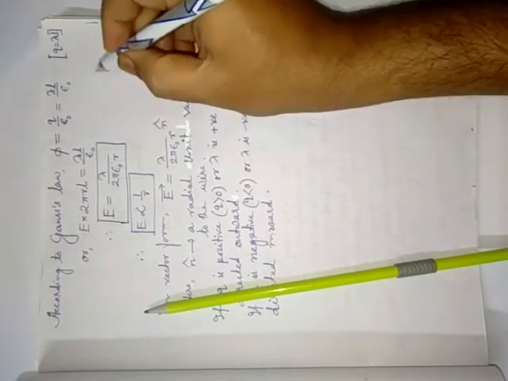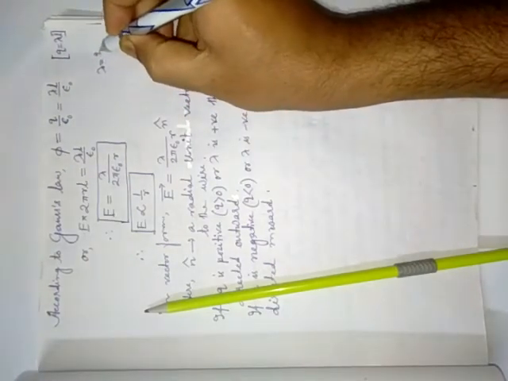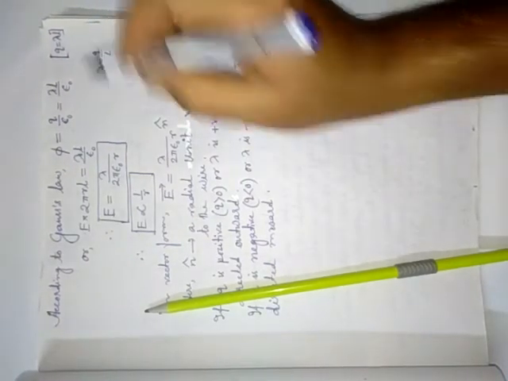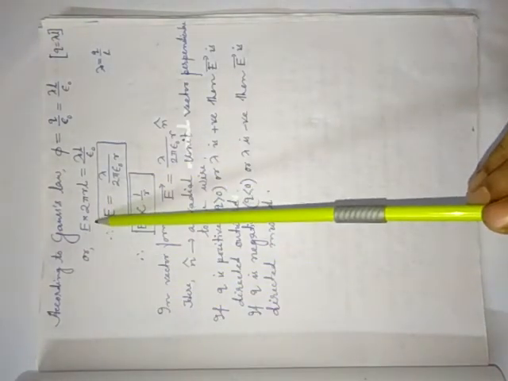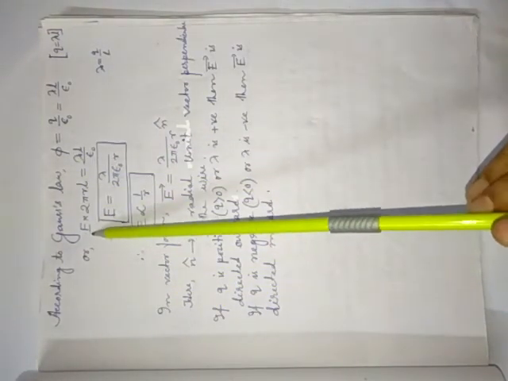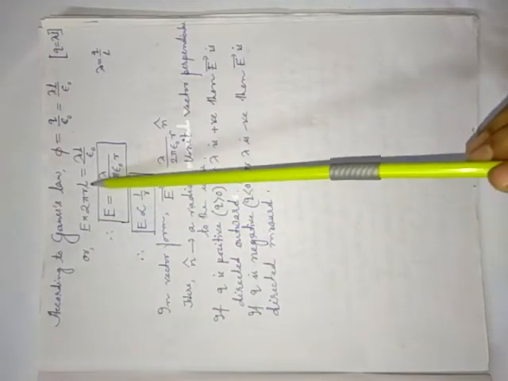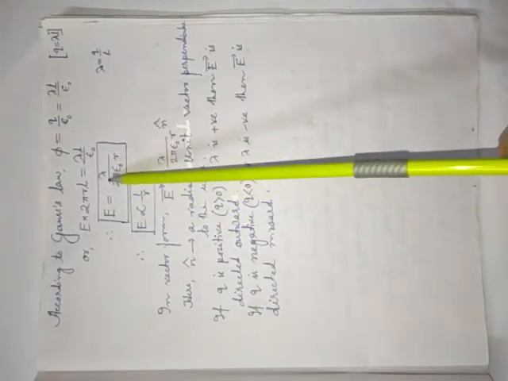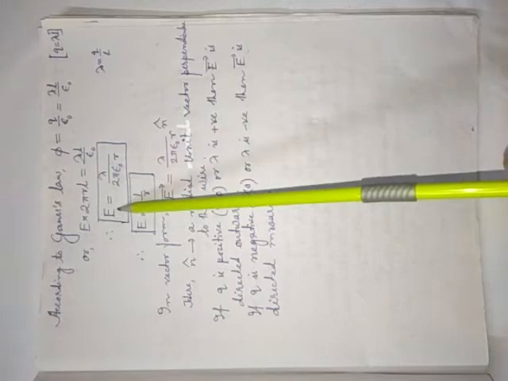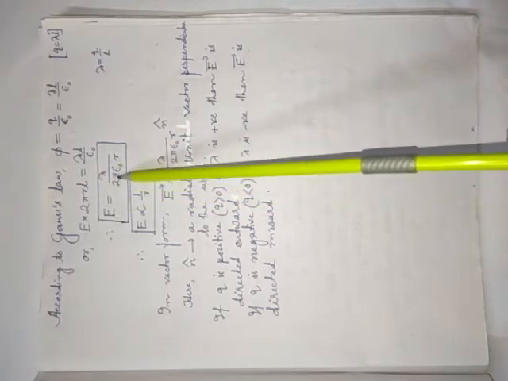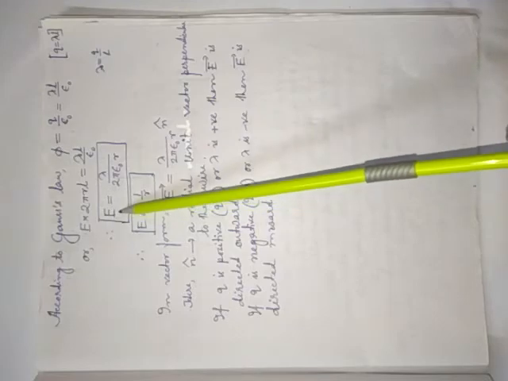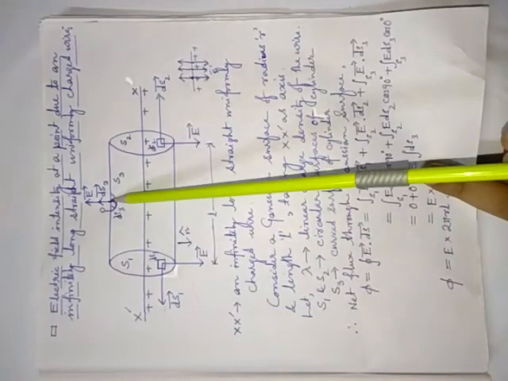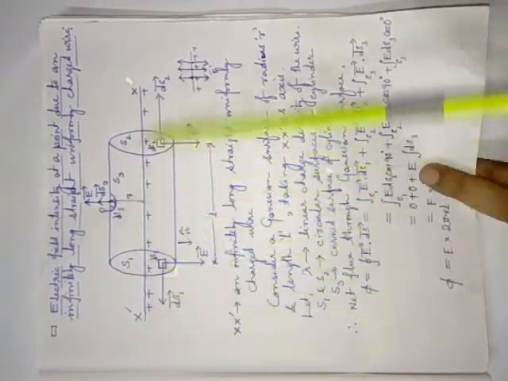Because all of you know the formula: lambda equal to what? Charge per unit length. That is why Q is equal to lambda into L. Okay. Now, phi equal to, all of you know, twice pi RL. Now if you put the value, after simplification, you will get E equal to lambda by twice pi epsilon naught R. This is the magnitude of electric field intensity at point P due to a line charge.